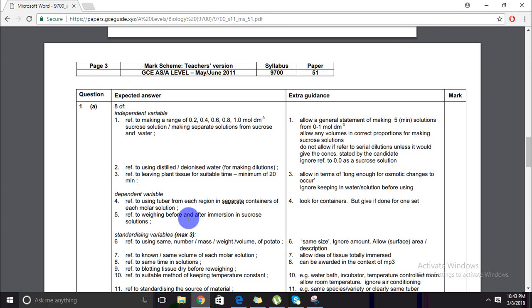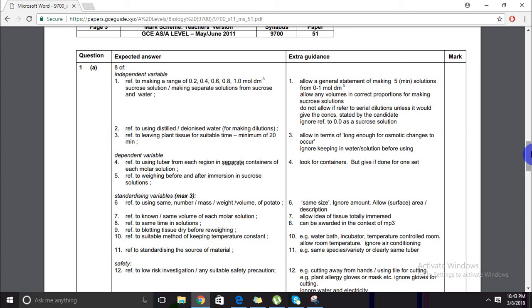Reference to weighing before and after immersion in sucrose solution. Standardization, reference to using the same number, mass, weight or volume of potato. Known, same volume of each molar solution, same time in solution. Reference to blotting tissue dry before reweighing, suitable method of keeping the temperature constant, and reference standardizing the source of